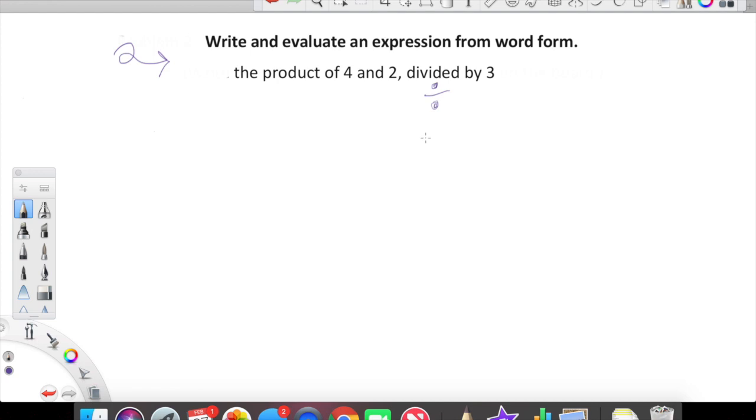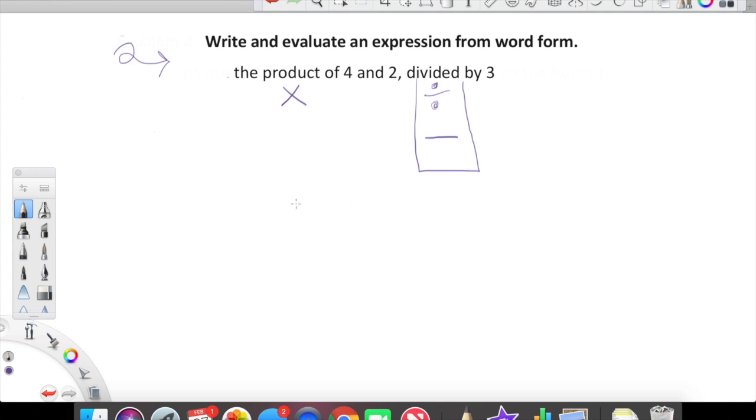Or you guys know we can also replace a division symbol with a fraction bar. So those are our options here. Either one of those would be totally acceptable. We need to unpack this language here. The product of 4 and 2. Product notes multiplication. Cool. So let's go ahead and write an expression based on the word form, which we see